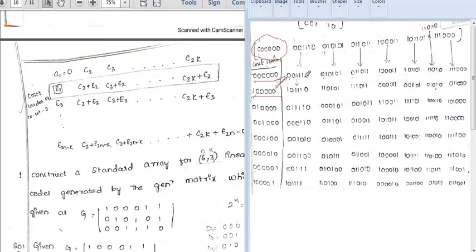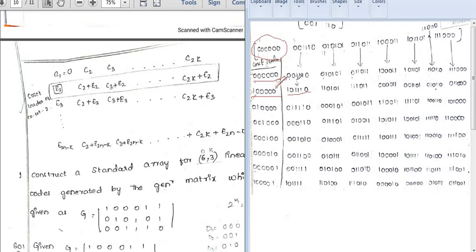Now you add, everyone should be carrying the book. You add your 1, 0, 0, 0, 0, 0 plus 0, 0, 1, 1, 1, 0. So what is the answer that you will be getting? From the right side you add 0 plus 0, you will be getting 0, these two terms. 0 plus 0, 0, 0 plus 1, 1, again 1, 0 plus 1 is again 1, 0 plus 0 is 0, again 0 plus 1, what is the output that you have to get? This is 1. So correct? So this is the output you will be getting. That is nothing but C2 plus E2.